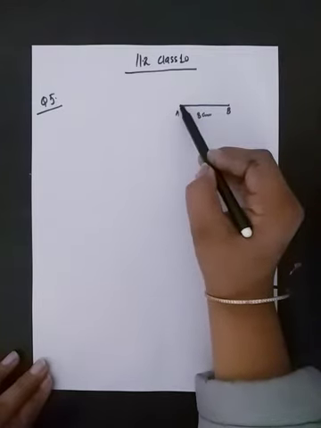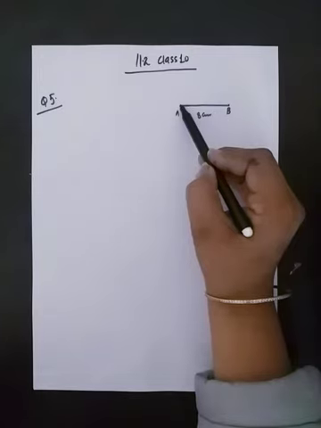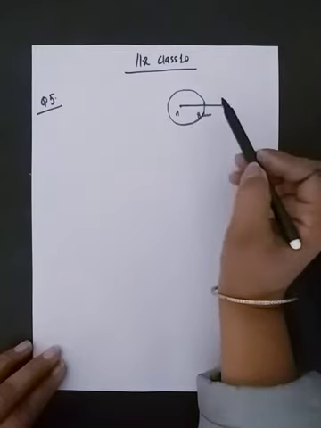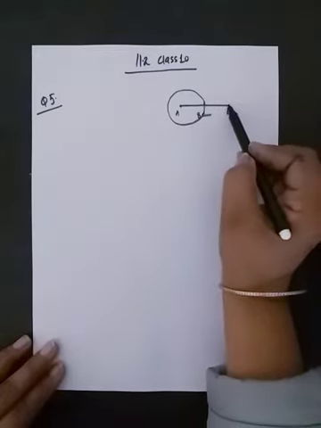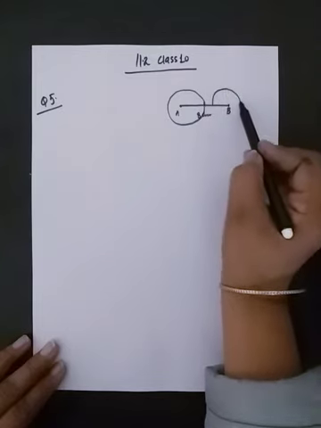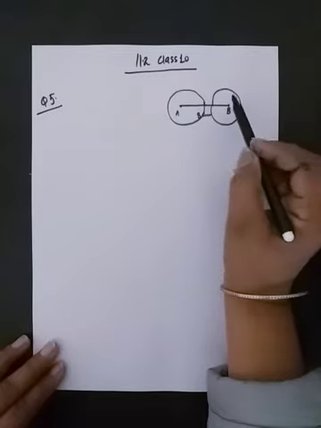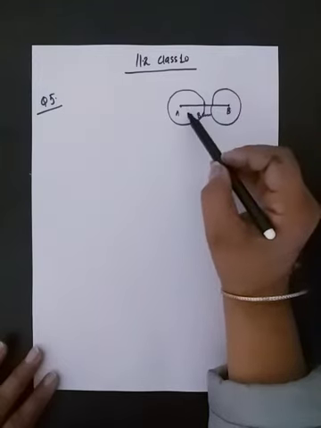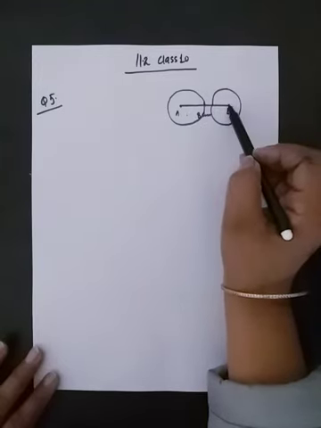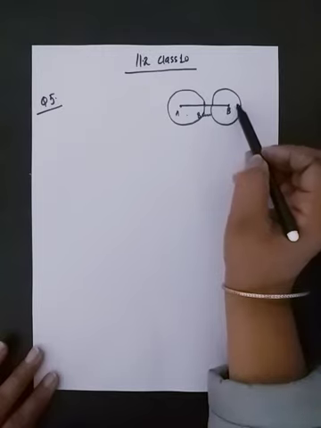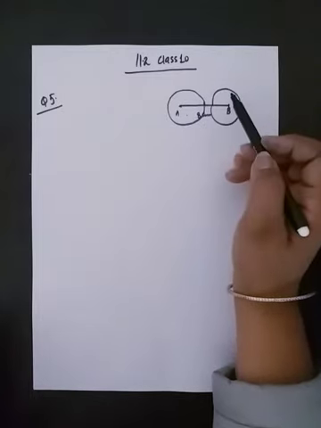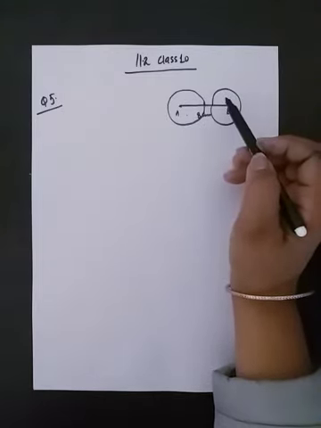Now we have to take this point as center and we have to draw a circle of radius 4 cm like this. And in second step we have to take B as center and we have to draw a circle of radius 3 cm, and second circle will be like this. And now we are having in this figure two circles. See, for the circle with center A, point B is exterior point, and for the circle with center B, point A is exterior point. Again the construction is same as we have done in our previous questions.